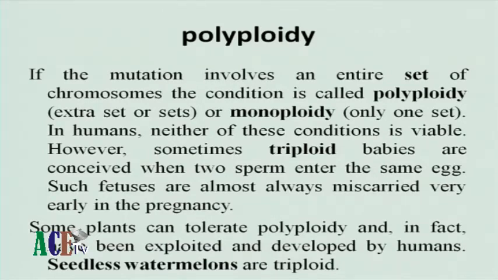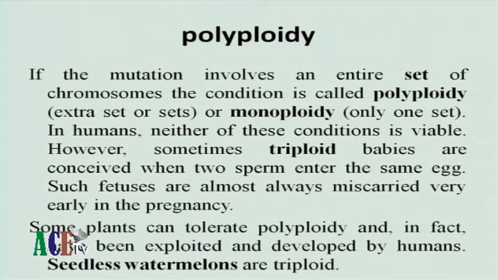Then we still have another condition, which is polyploidy. If the mutation involves an entire set of chromosomes, in that case you are going to have polyploidy. This condition is not viable in the human being. In fact, the baby cannot survive the condition of polyploidy. But it does happen in plants. So plants can tolerate polyploidy, and in fact,